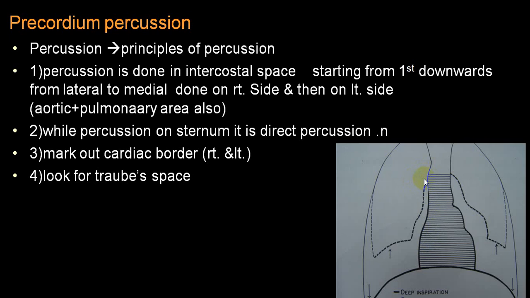If you get a dull note, the most important conditions which produce a dull note are aortic root dilatation and arch of aorta aneurysm. These two conditions will produce dilatation of the aorta or an increased area of dullness in the aortic area. Also, sometimes you come across an aneurysm of the ascending aorta, which can also produce a dull note, an increased area of dullness in the second intercostal space.